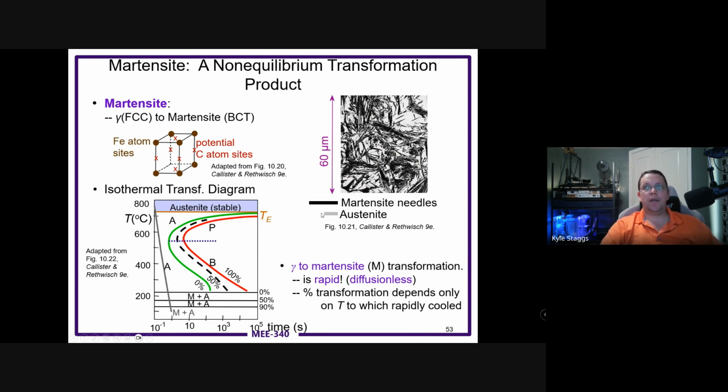There's no diffusion, and that's why it looks like it's just shards, right? Think about the same way that ice crystals form when it's really, really cold outside. You have moisture on the window, and it quickly freezes when it's exceptionally cold outside. Some of you that have been outside of Arizona actually know what frost is. It's this white stuff that covers surfaces sometimes. The same kind of crystalline shard formation happens for martensite, and this is why it's so hard, and it's easier